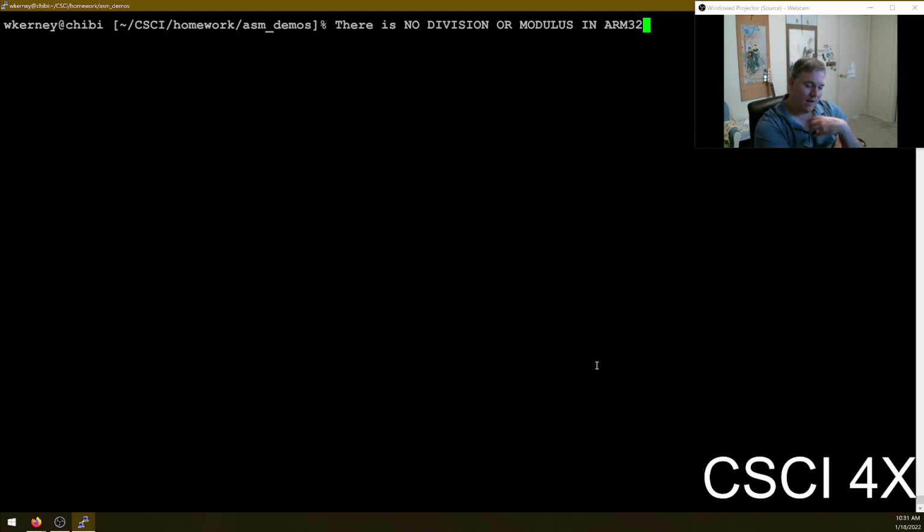ARM has extensions to it and coprocessors and things like that that can do floating point. But by default in your base ARM32 v6 that we're programming in, there's no division or modulus. You have to do Neon or something, yeah. VFP, Neon. There's a variety of extensions to ARM32 that will allow you to do division. By default, there is no such thing as division or modulus. You can, if you look through the textbook,